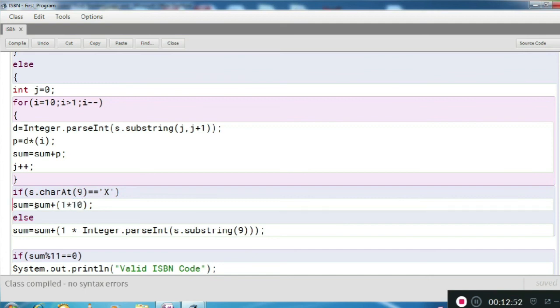So this is what we have done here. Else, if the last digit is not X, whatever the digit is, fetch it as it is and multiply it by 1. Because the last digit we have to multiply by 1. So this is what we are doing. Fetch that last digit and multiply it by 1. If it is X, then treat it as 10 and multiply it by 1.